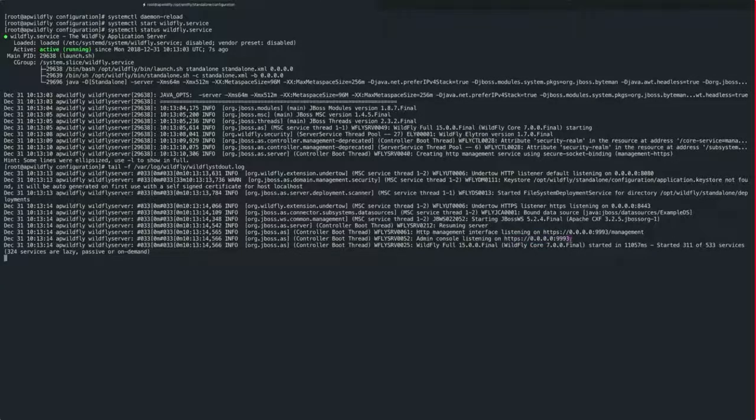Let's see, and then there's the very last bit of output out of tail. So we are indeed listening on 9993, which is the SSL enabled management port. So just for the sake of